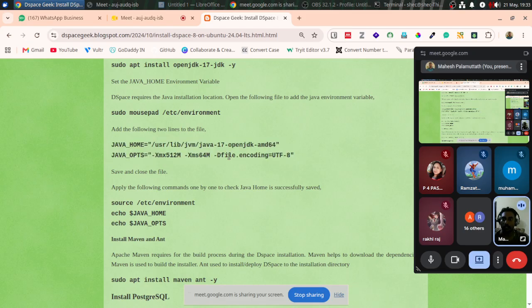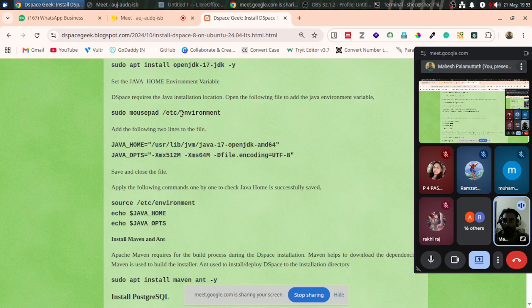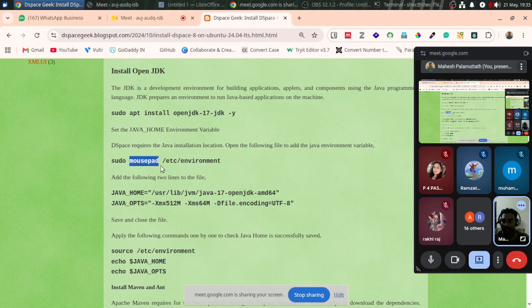So these two lines should be added in the environment file. Okay. So mousepad is the text editor that will help us to open the files. There is a file under the etc directory with the name environment. So copy the command,